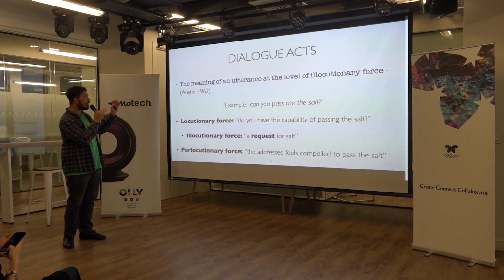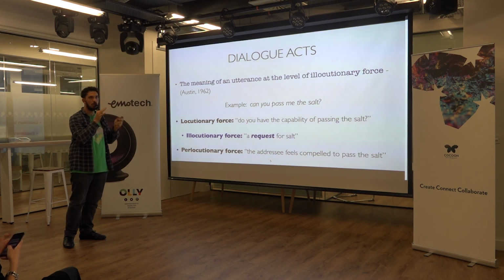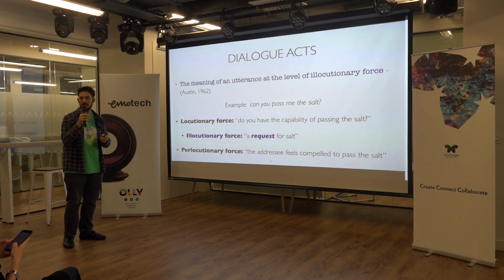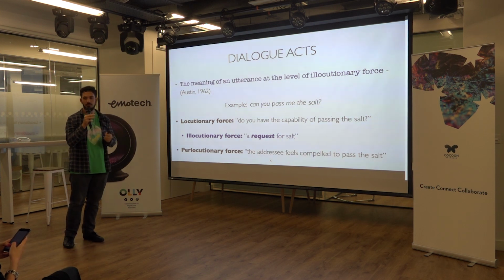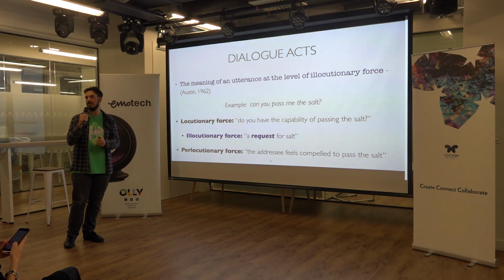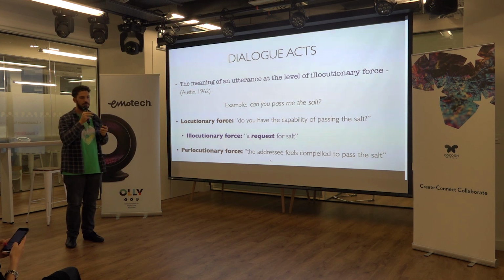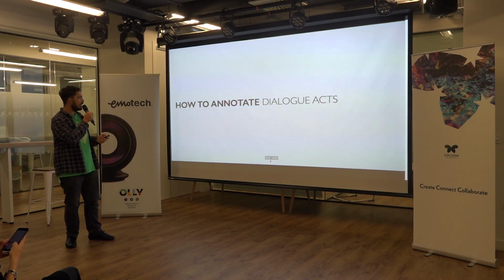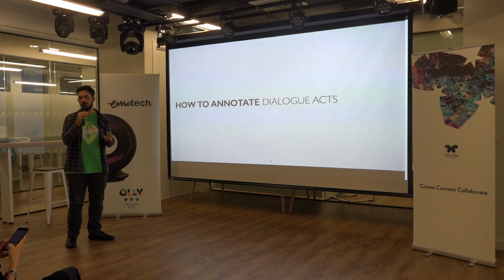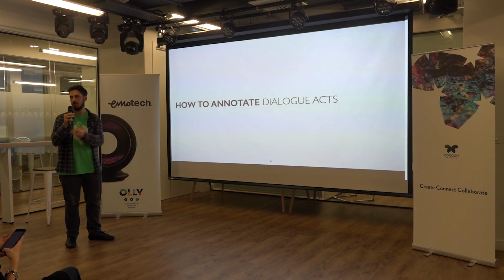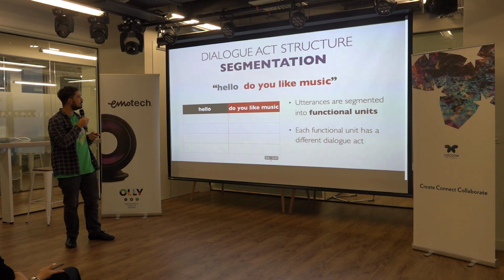So, dialogue acts are basically a way to encode the real message behind our sentences. And it's something that is critical for a system to understand if you want to build a dialogue system that is truly intelligent and truly gives the feeling of a conversation. Now the question is, how do you annotate dialogue acts automatically? So how do you teach a computer to understand dialogue acts?